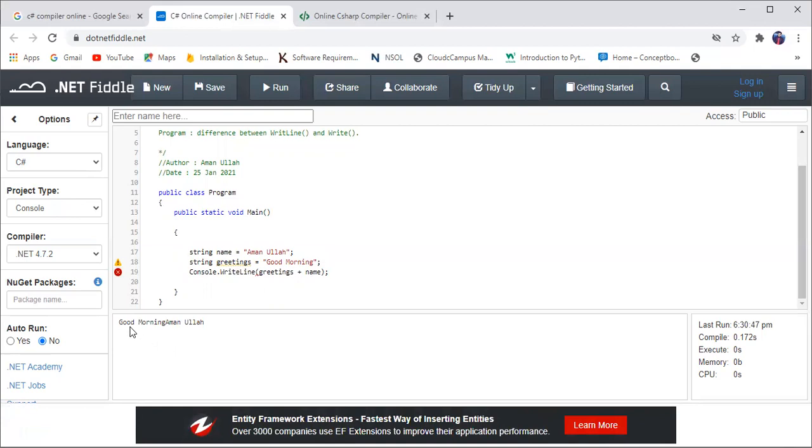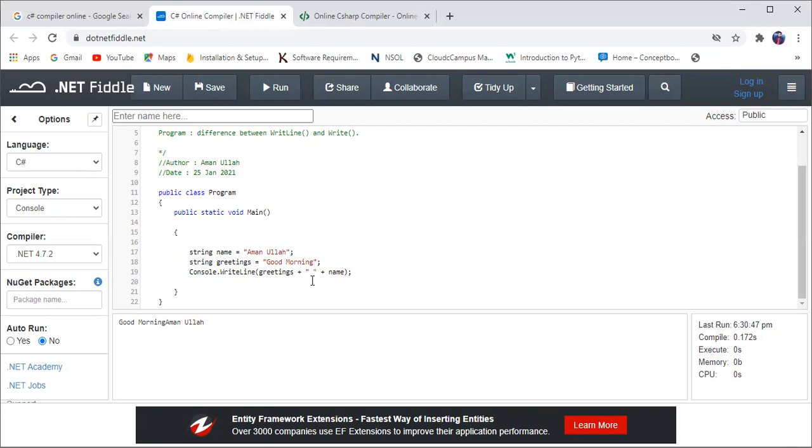Good morning and my name. But there is no space between them. You can see morning and Aman, there is no space between them. So for spacing, I will just write in between double quotes and an empty string, just a single space.